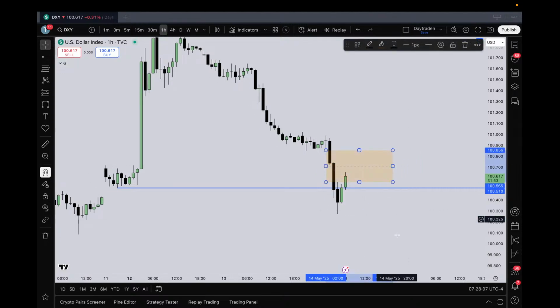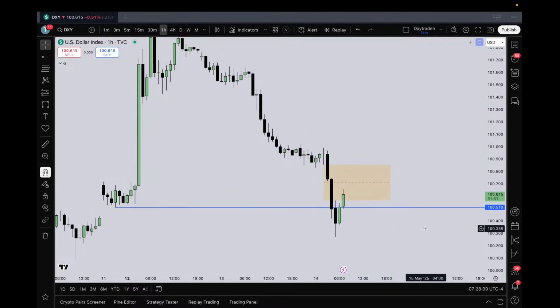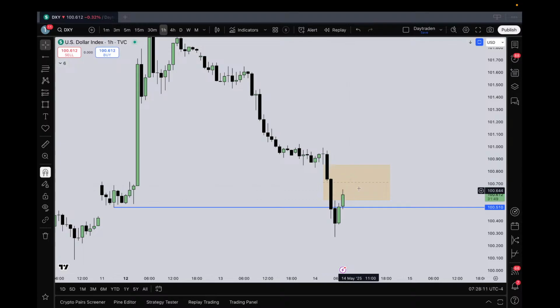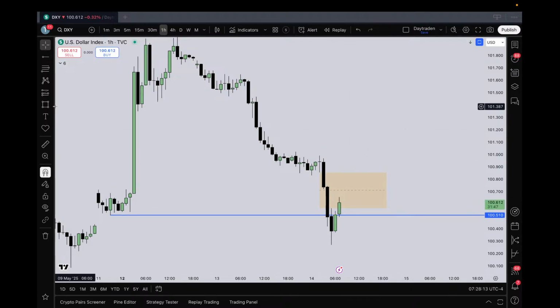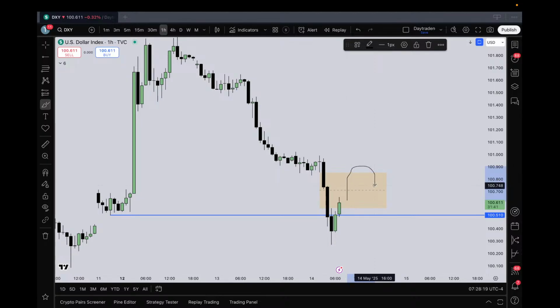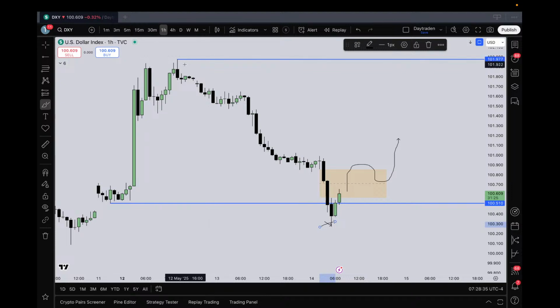If dollar is able to push through these bearish PD arrays, so if we can get something like this, a push through the bearish PD arrays, and then we can utilize them as support, we will be looking for this as the low of the week, and then we should see the continuation higher